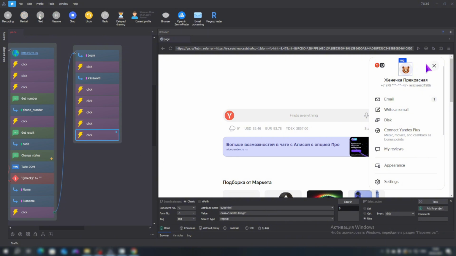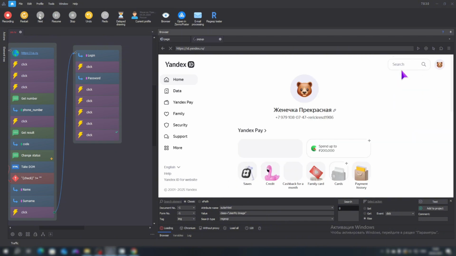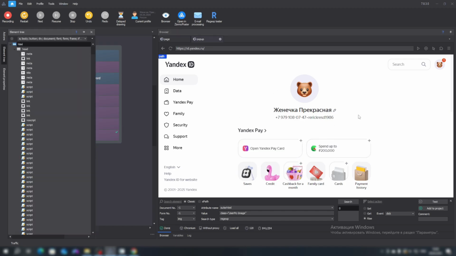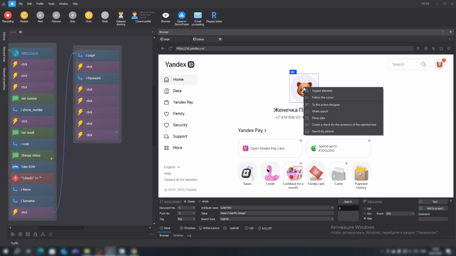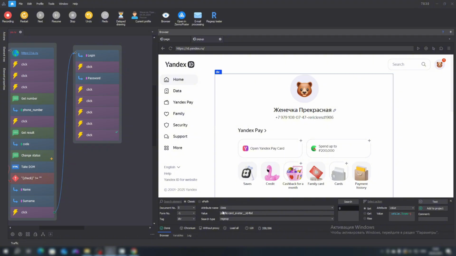Now we need to click on this pencil. Let's find it through the element tree. Or we cannot bother. And click on our image again. Let's add it to the project. I'll move it away from the cursor as it's in the way. Select the profile card. Perform the search. 2 matching elements found, so we'll leave it.